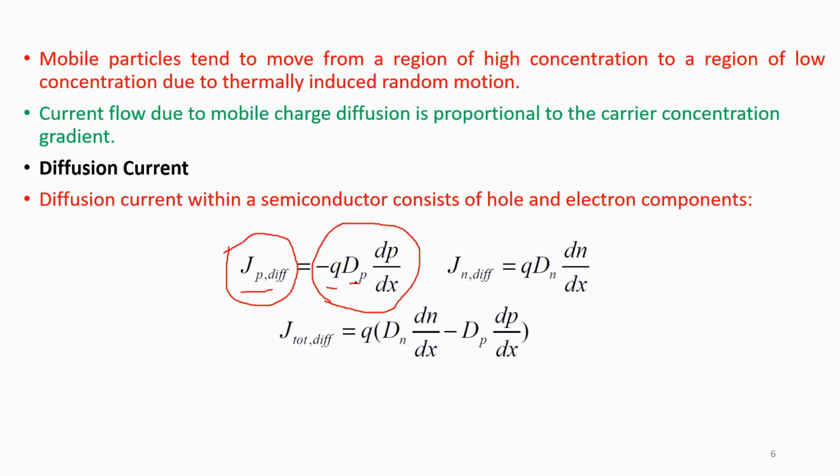Let me discuss them one by one. q is the charge on an electron. Second, Dp is the diffusion constant. The diffusion constant is a property that depends upon the type of semiconductor and the kind of dopant with which you are doping. That decides the diffusion constant. It is not the case that if you dope with one material, the diffusion current will be the same. No, it will be different, because it depends upon several other factors. I will discuss this later on.